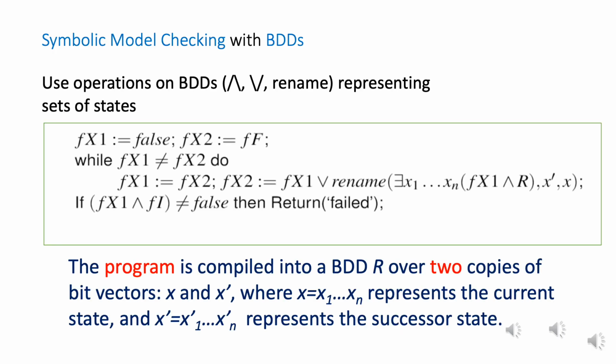Returning to the pseudocode, the relation R is very important. It represents the relation between the